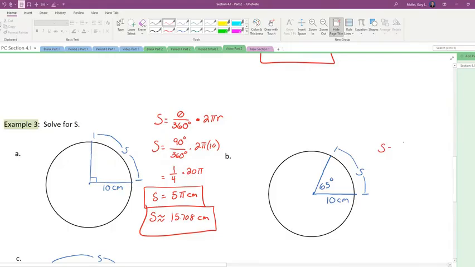The arc length is equal to the portion divided by the total of the circumference. So S equals 65 over 360 times 2 pi 10. So that gives me what? 65 over 360 times 20 pi. I can just grab my calculator, or I can do a little thinking. Zeros cancel. 2 over 36 is 1/18. This appears to be 65 pi over 18 centimeters,